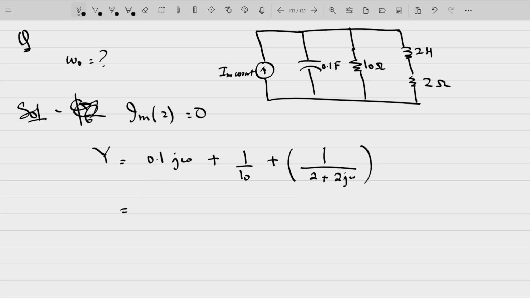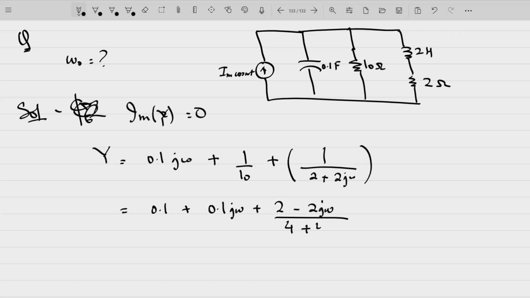From this we need to find out the j terms, and you can either substitute imaginary part of impedance Z equal to 0, or imaginary part of admittance equal to 0. Both will give us the same result. So this is 0.1 plus 0.1 j omega, plus, by rationalization, 2 minus 2 j omega divided by 4